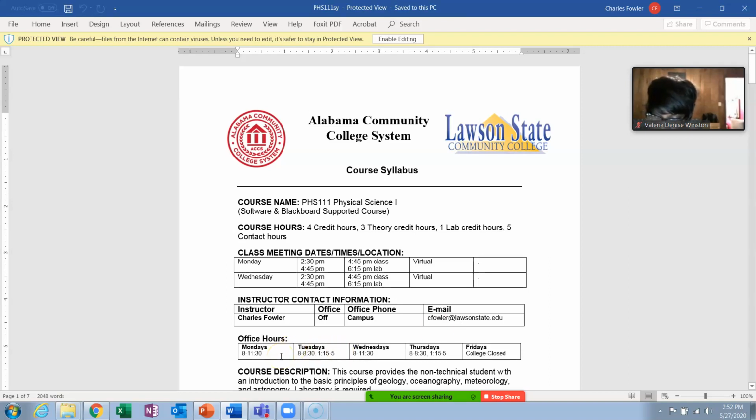Here are my rough office hours. And I say rough because later I'll show you my locator card, and that will illustrate what these office hours are. So basically on Mondays and Wednesdays, I'm in the office in this bedroom up here from 8 till 11:30. At 11:30, I have a calculus class that goes till 2:25.